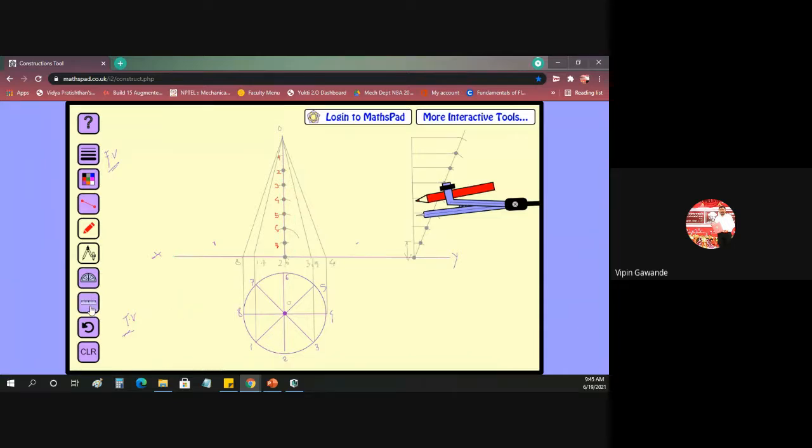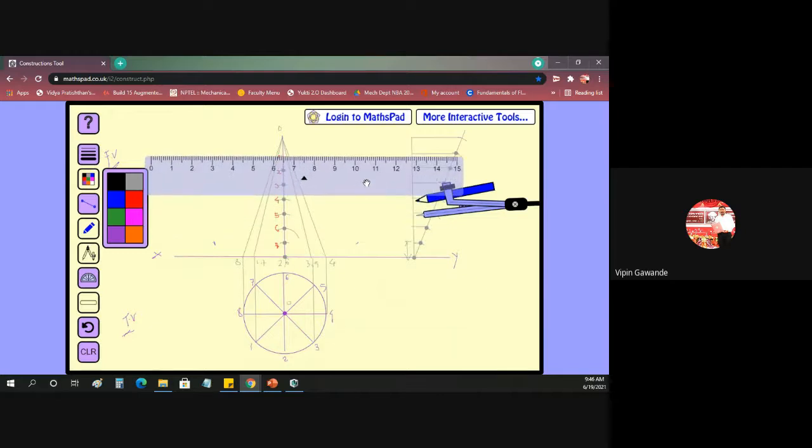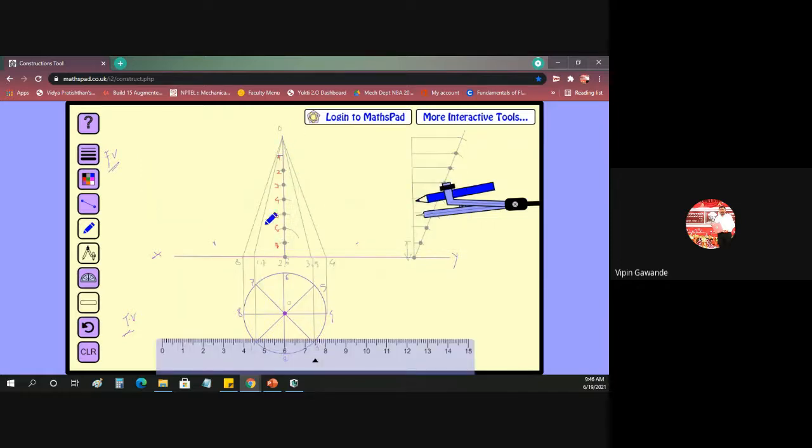Now the next step is very simple. What we have done in the cylinder, we have to transfer 1 to 1, 2 to 2, 3 to 3. So where is 1? 1 goes to 1. So this is 1 here. It goes up to 1. See, it goes up to 1. Where is the 1? This is O1. 1 goes to O1.